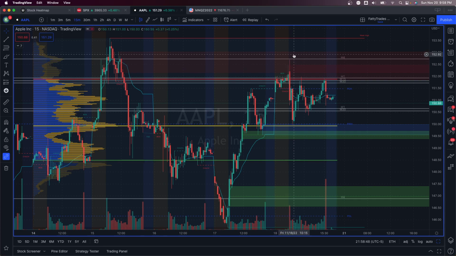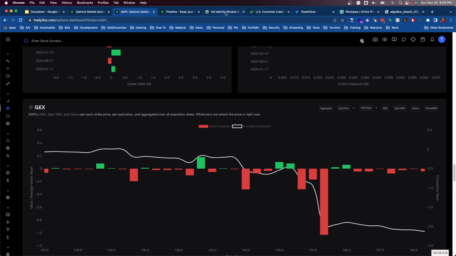So we're getting to a point, we've already retested it once and we had a strong rejection, which led to another order block being formed. So we're getting to a point where we might retest this order block again. And that's what I want to see, is if we get up to around 152, that strike, how's the market going to react? So if I go to